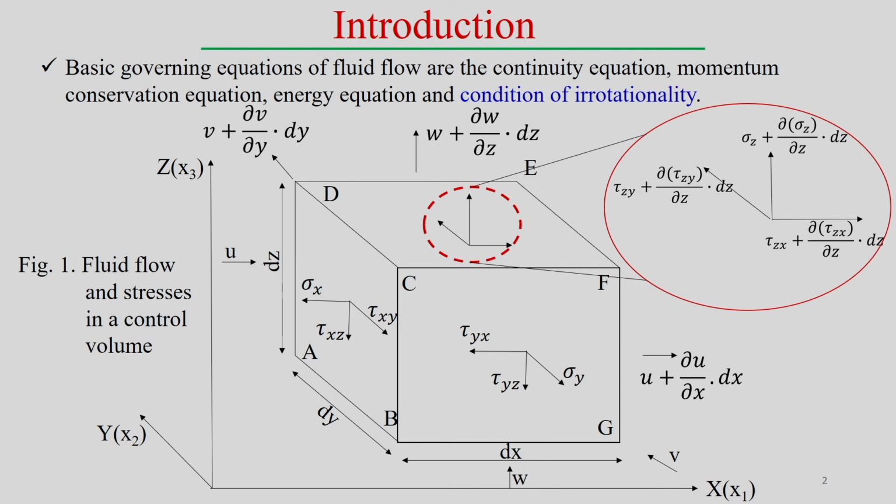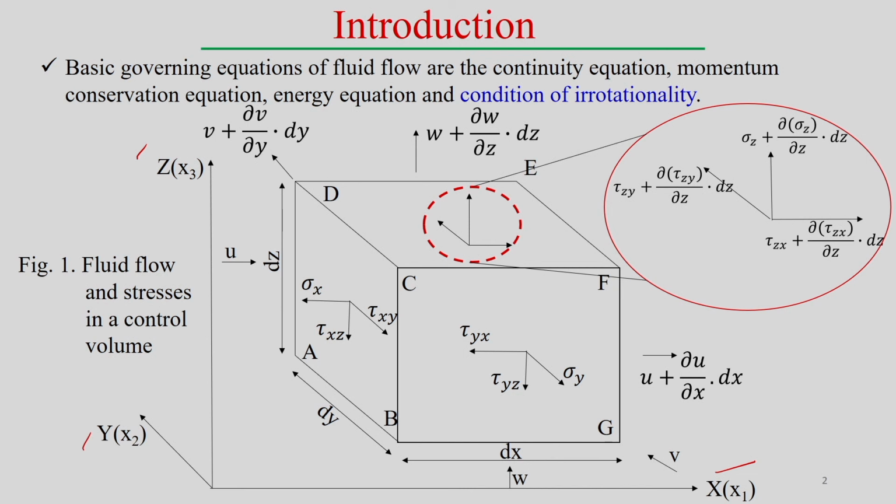Say this is the small element, and we define the Cartesian coordinate system with x, y and z directions. On the element we define the different stress components. Sigma x, sigma y and sigma z act on the faces, normal to the faces, and these are the normal stresses. The remaining two, which are parallel to the surface, are defined as shear stress components. So we can see all these normal and shear stress components.